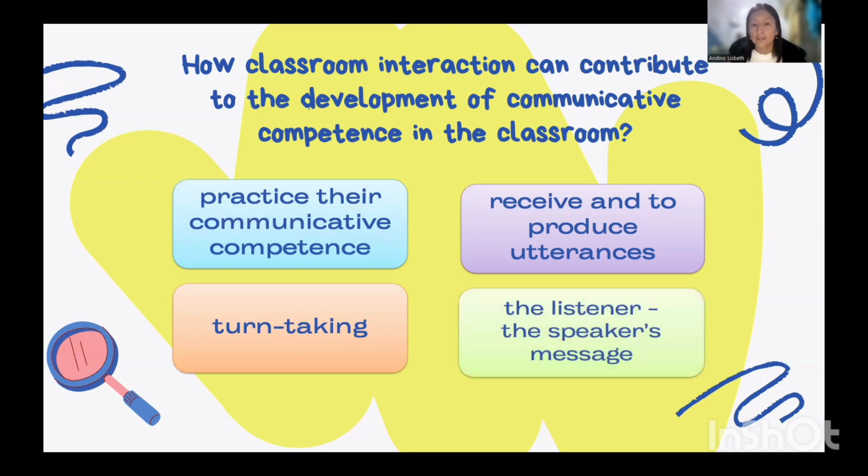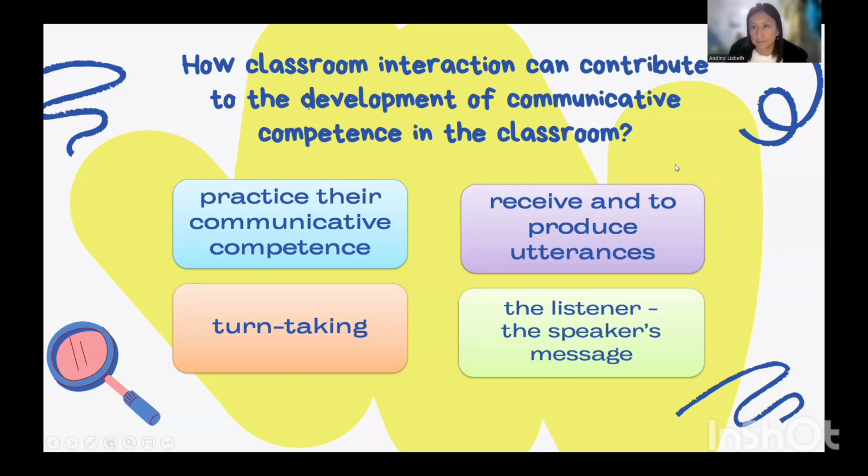The listener is generally ready, forecasting the remainder of the speaker's message and preparing a response. Interactions improve the correctness and fluency of the language, increase confidence and motivation, which allows a learning climate to be fostered in the classroom. For this reason, the teacher needs to create activities in which students use their communicative skill, so they will become